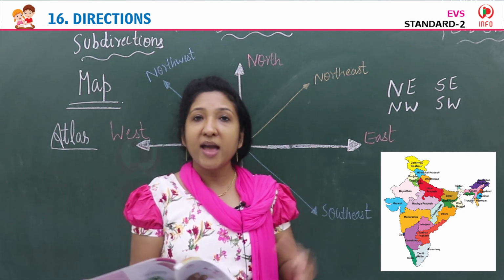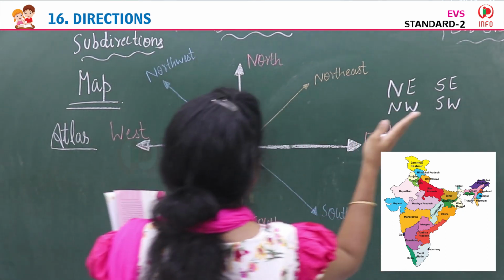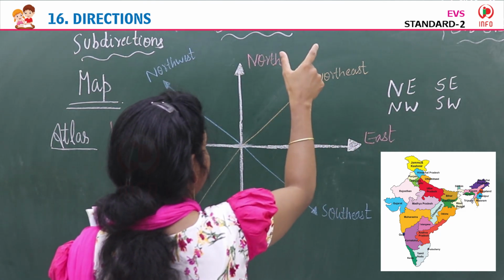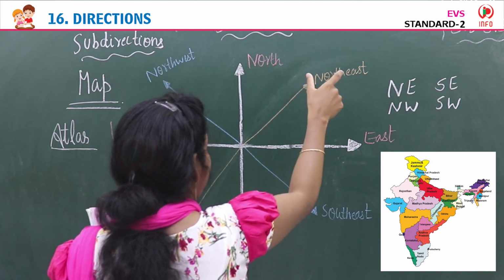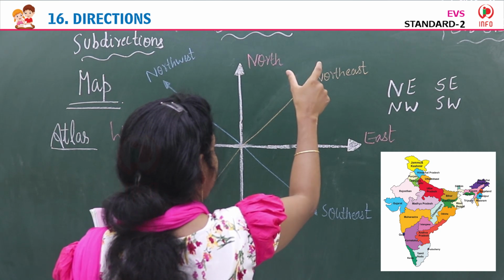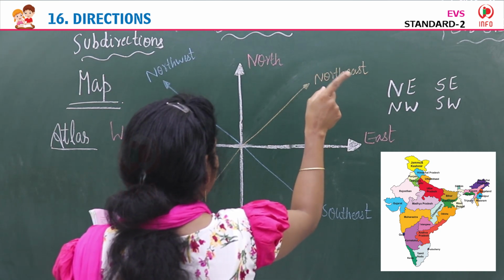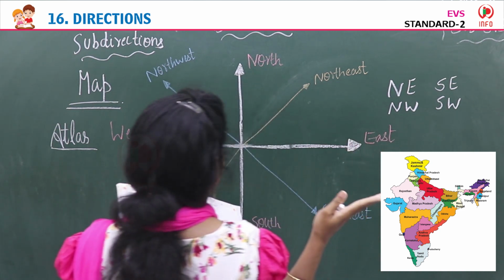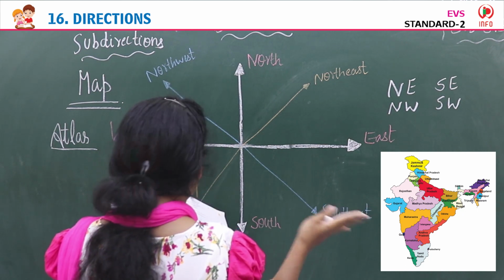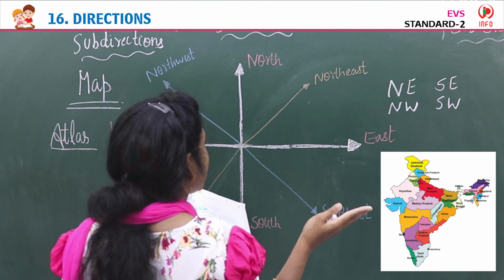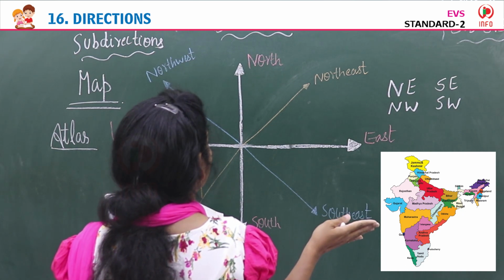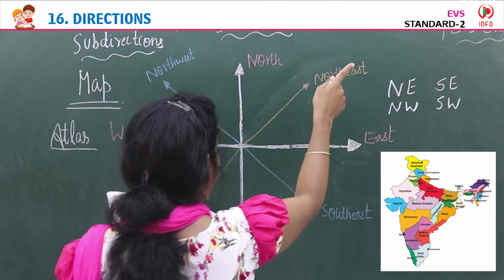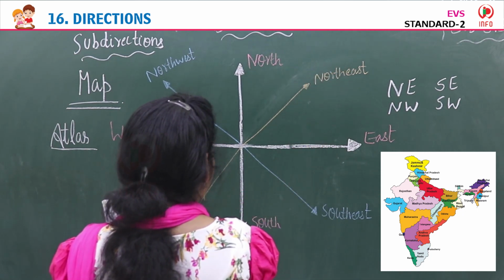There you can see Jammu and Kashmir. Children, the map is here. Jammu and Kashmir is on the top of the map. So which direction is it? Top shows north, so Jammu and Kashmir is in the north direction. Then Tamil Nadu, you can see in the map here, is at the bottom, and the bottom shows the south direction. So Tamil Nadu state is in the south. Yes, so Jammu and Kashmir is in the north and Tamil Nadu is in the south.